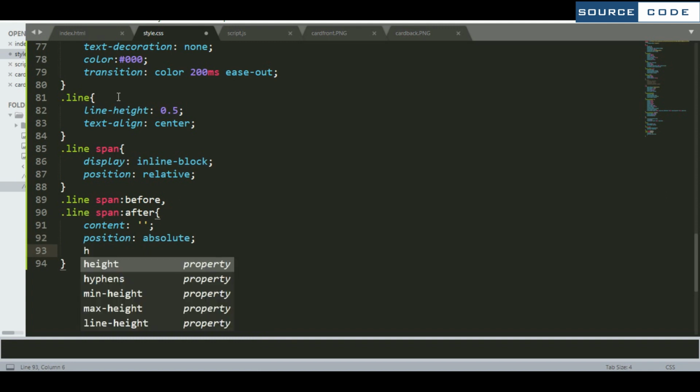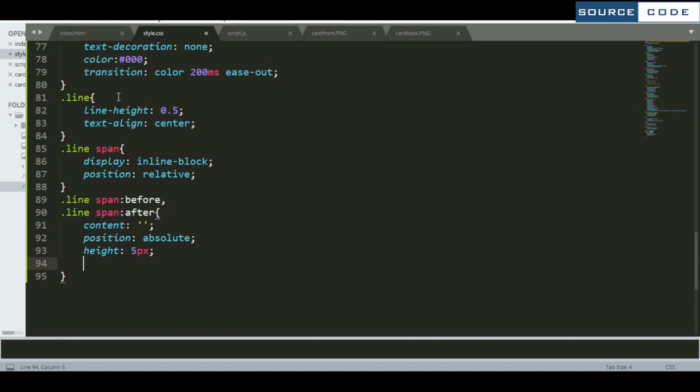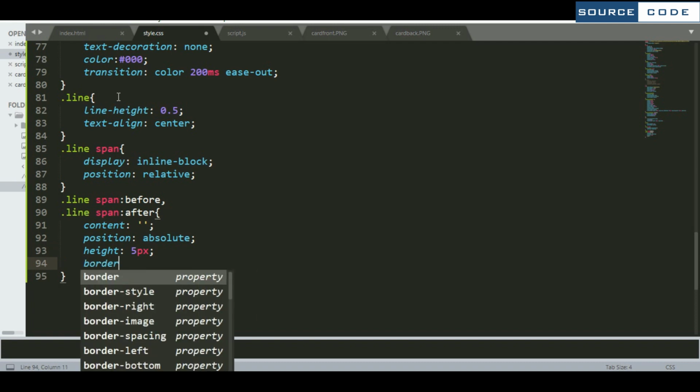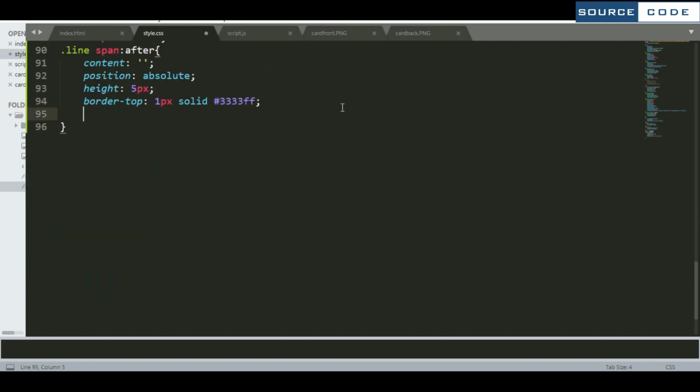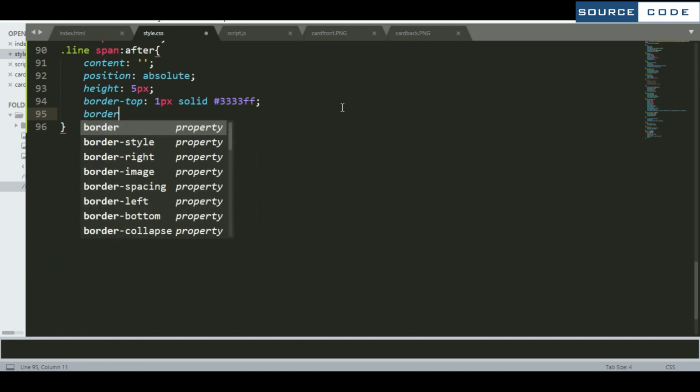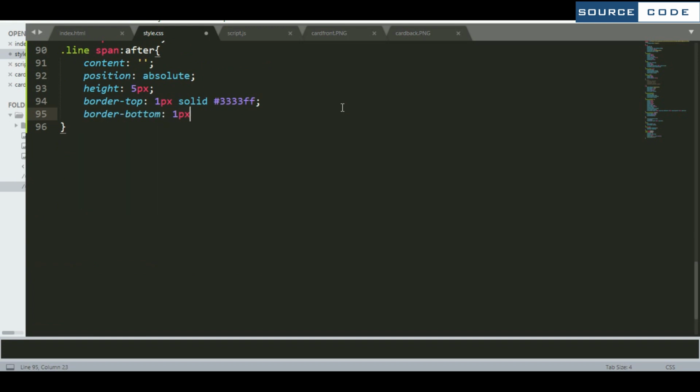Now give a height here 5 pixel. Now define the border top. Now we need to give a border bottom. And make the top to 0 and give the width as 100 pixel.